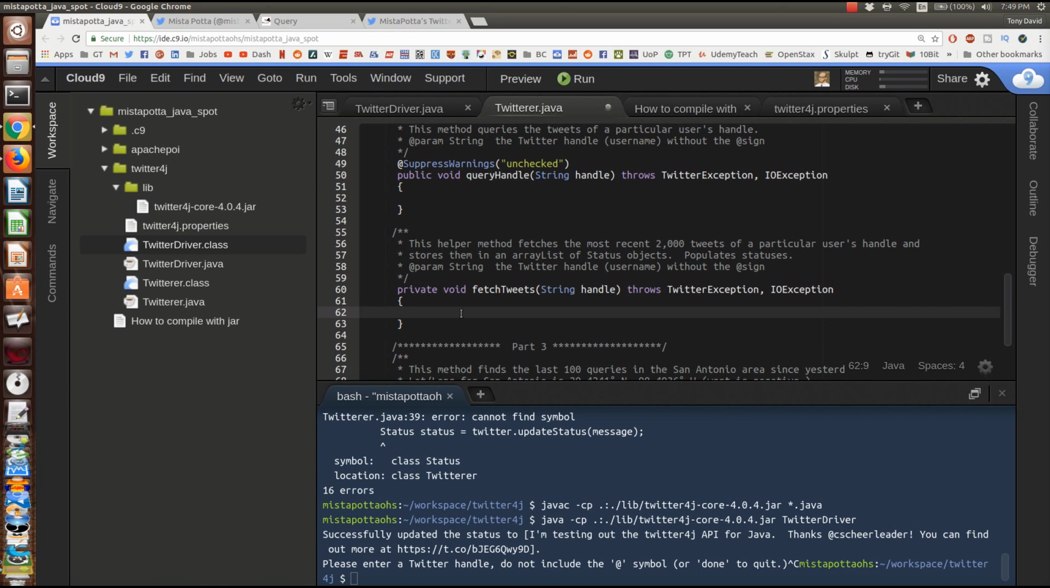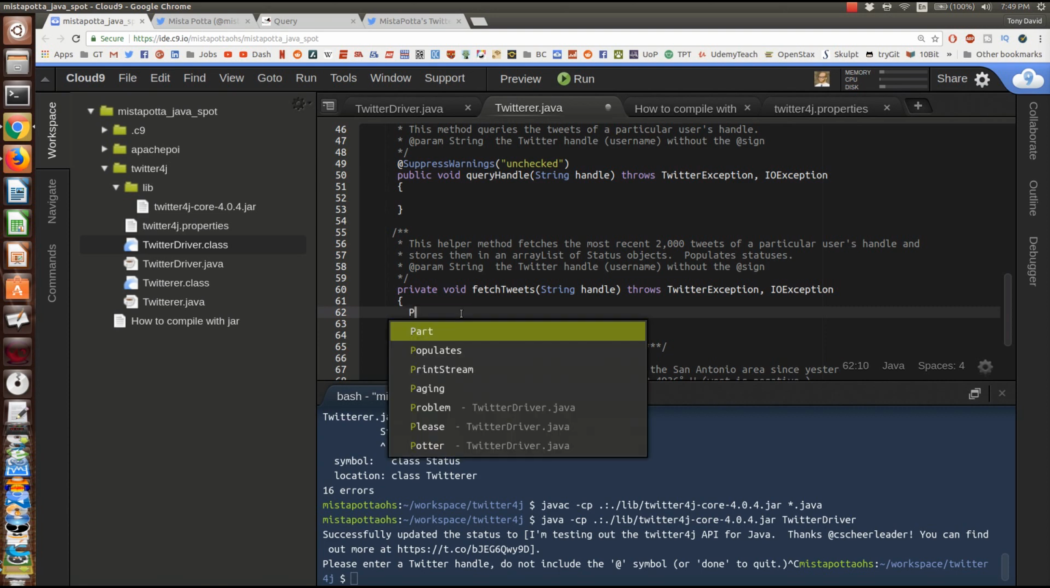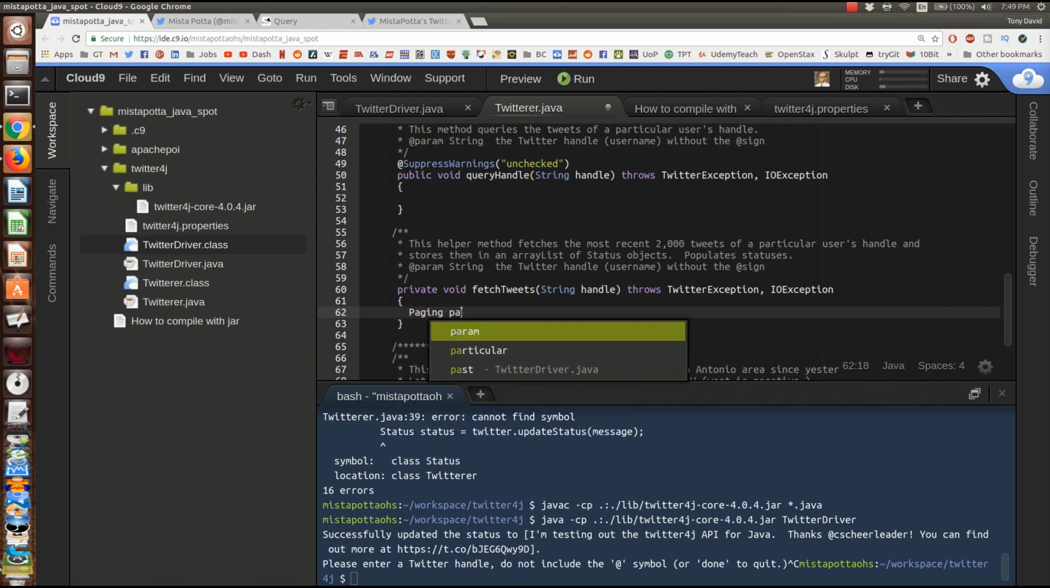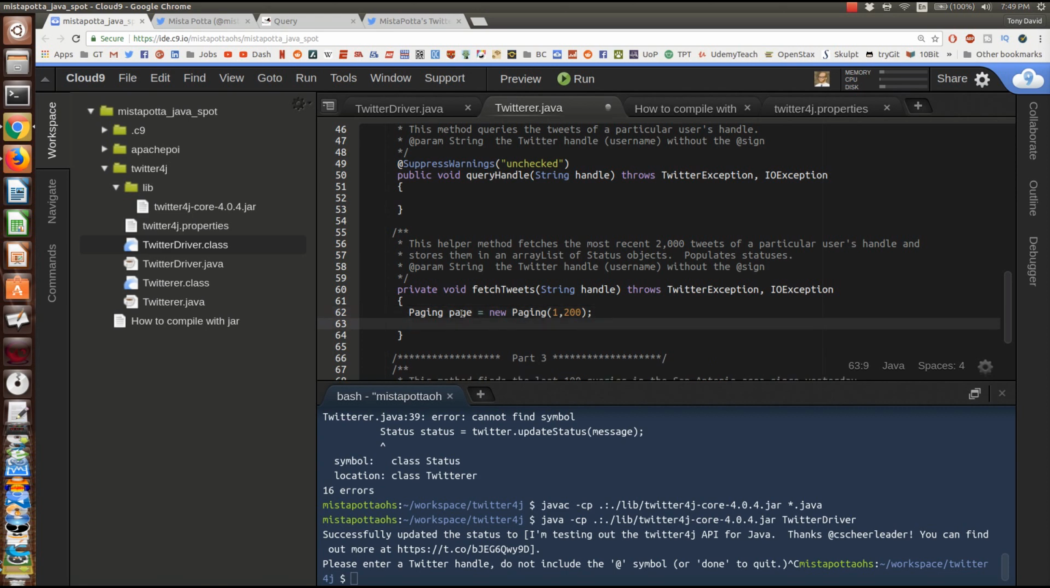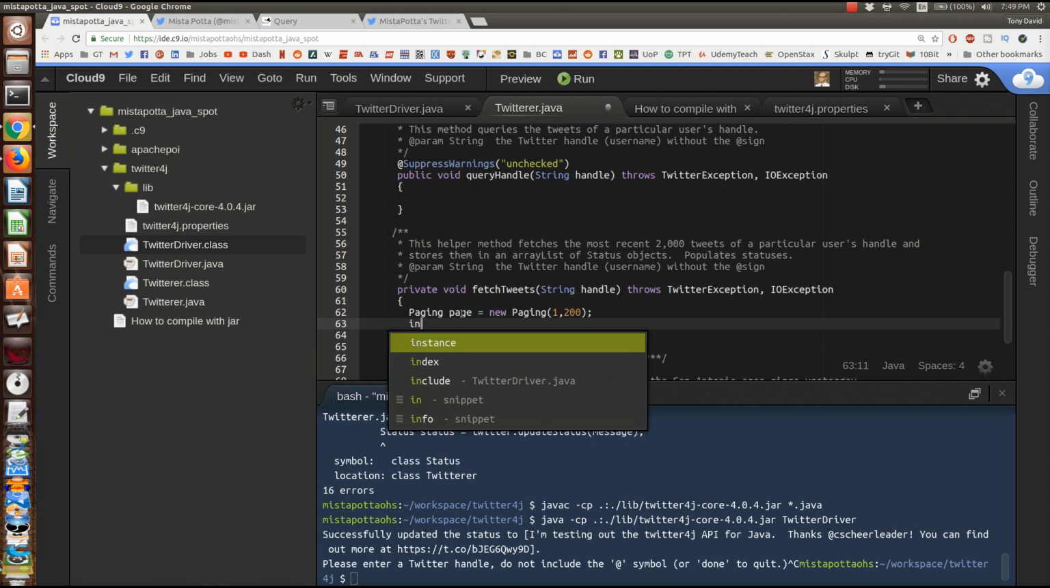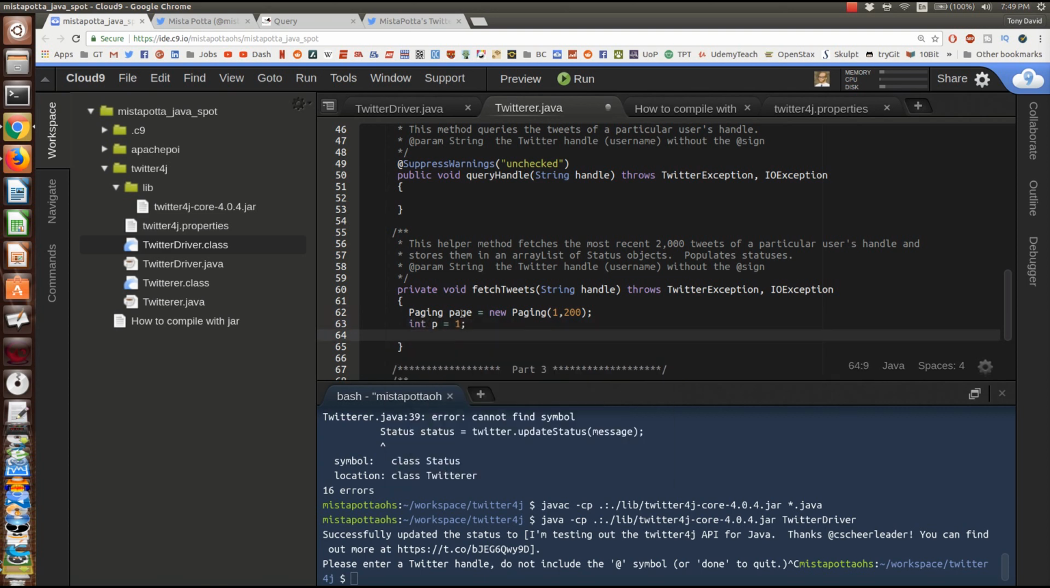So what I'm going to do is create a paging object. Paging page gets new paging. And I'm going to say from 1 to 200, basically saying that I'm going to be getting 200 tweets at a time. Once I've done the 200 tweets, I'm going to set up a loop here. I'm just going to say int p gets 1, and then while p is less than or equal to 10, so I'm going to get about 2,000 tweets,